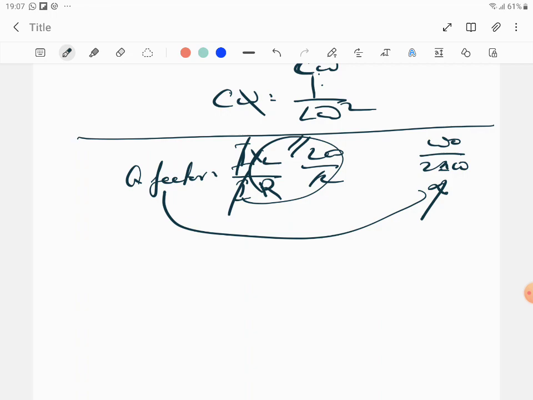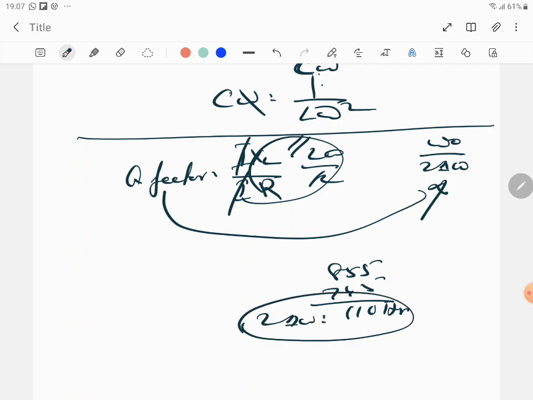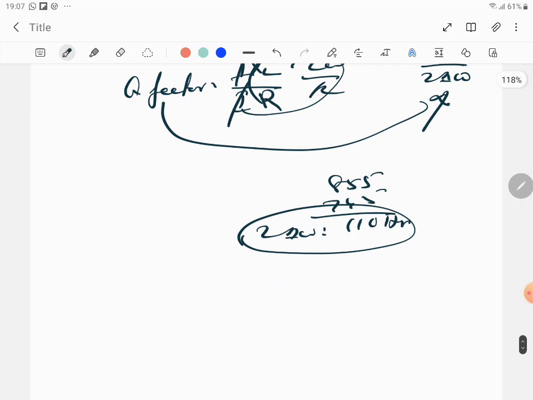So you know it's the bandwidth. You can subtract the 745 from 855, which will give you 110 hertz. That will be 2 delta omega itself. You know that, right? But the only thing is that it's in hertz, so you should multiply this by 2 pi so that you'll get it in terms of angle.